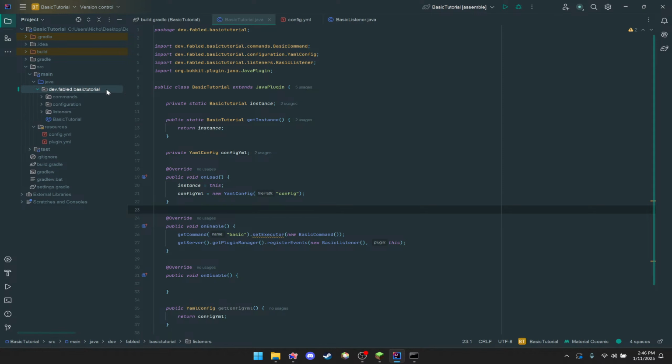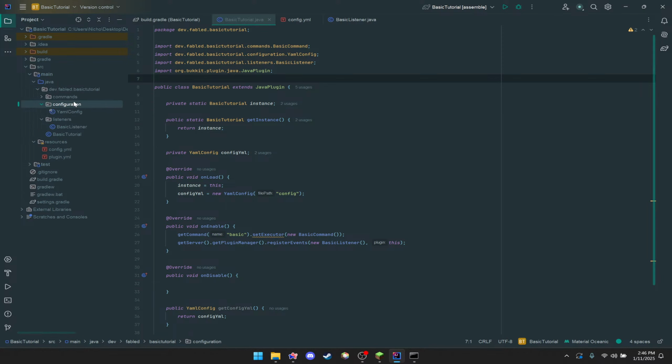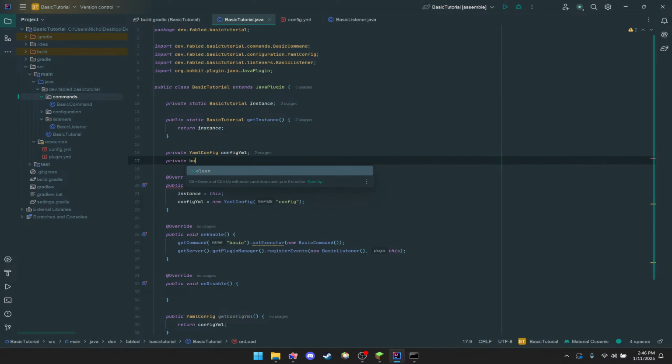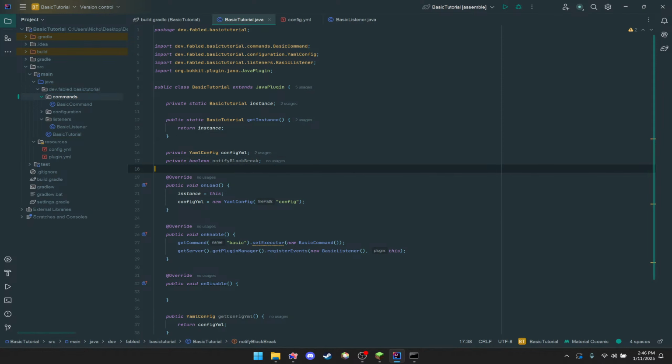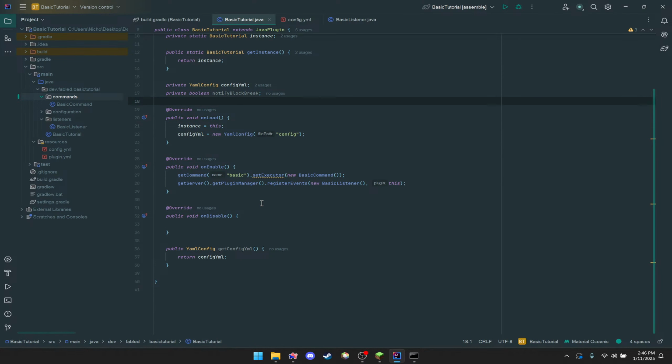Yeah, so let's make a... okay, so we need to reload our config in our command, but we also need to access the variable from our command to change it, and we also need to access our variable in our listener. So I think what we're gonna do is just have it in here for now. It's private boolean notifyBlockBreak. Right, so we're gonna have it like that, and we're gonna make another method here, public void